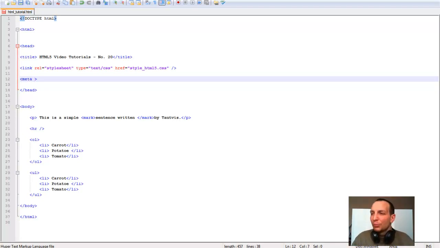So the meta tag provides information for search engines about your website, for the webmasters who are looking for the information, or for whatever the reason. And guys, metadata is also entered in between the head tags. Now what the metadata says,